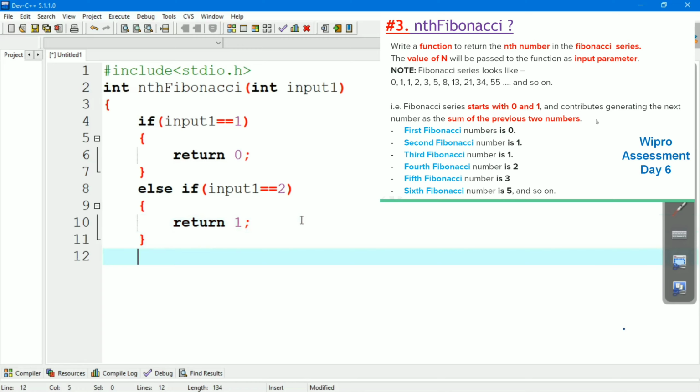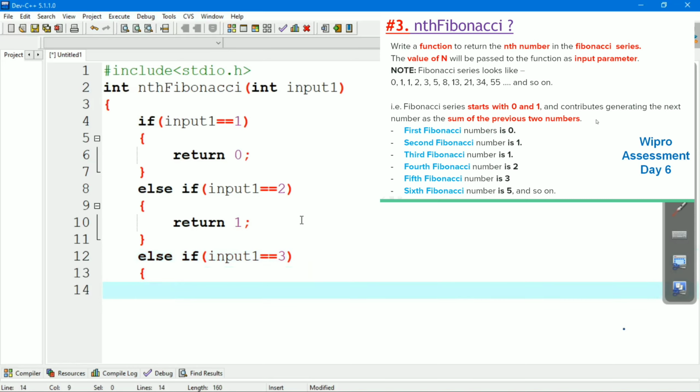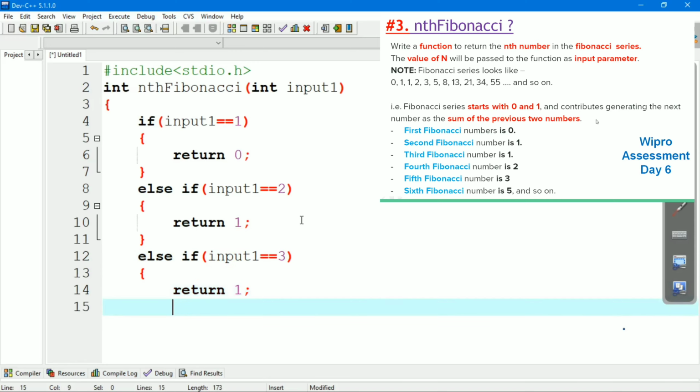We know that the second number of the Fibonacci series is 1. Else if input1 equals 3, we will again return 1.